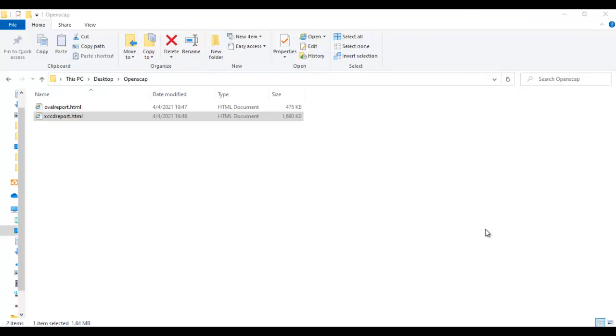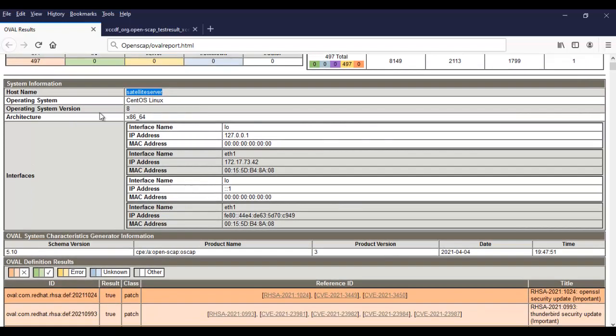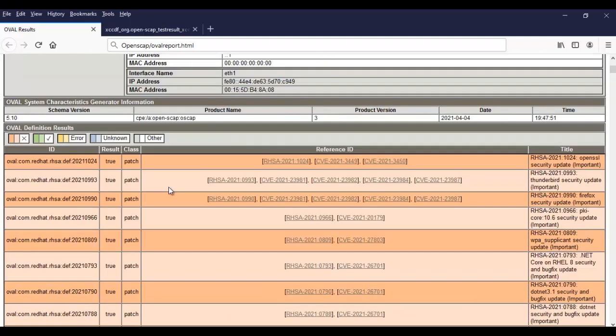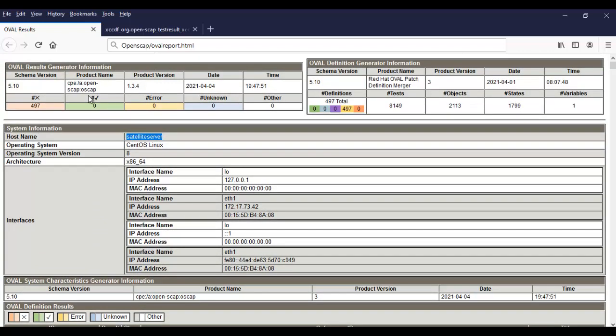So friends, we have downloaded both files from the server. I just open and show you the result. So friends, this is the OVAL report. In this report, you can see the system IP address is 172.17.73.42 and the host name is satellite server. The operating system is CentOS Linux and the version is 8. Just see in this result it is showing true, true, and there is no error.